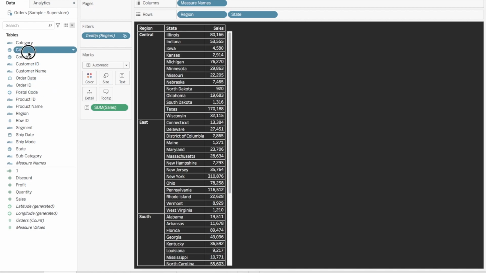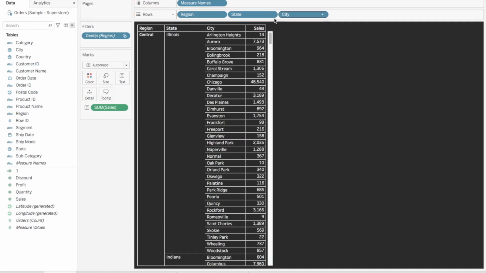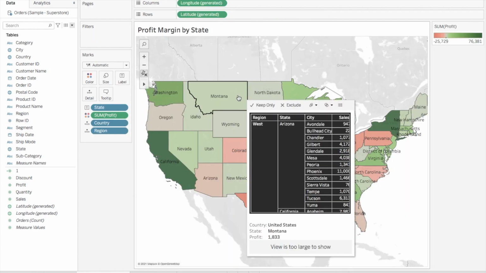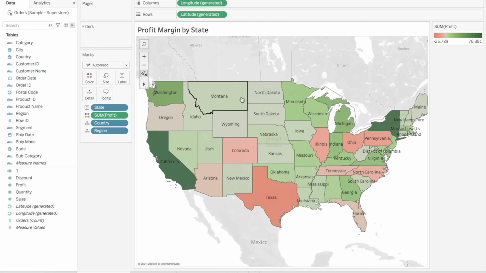Let me make this chart a little bit bigger. Now if you come here, as you can see, you are getting an error message that view is too large to show, right? So this is what I was talking about. If you keep your hover report very big in dimension, or slightly bigger, then you will see this kind of error message.